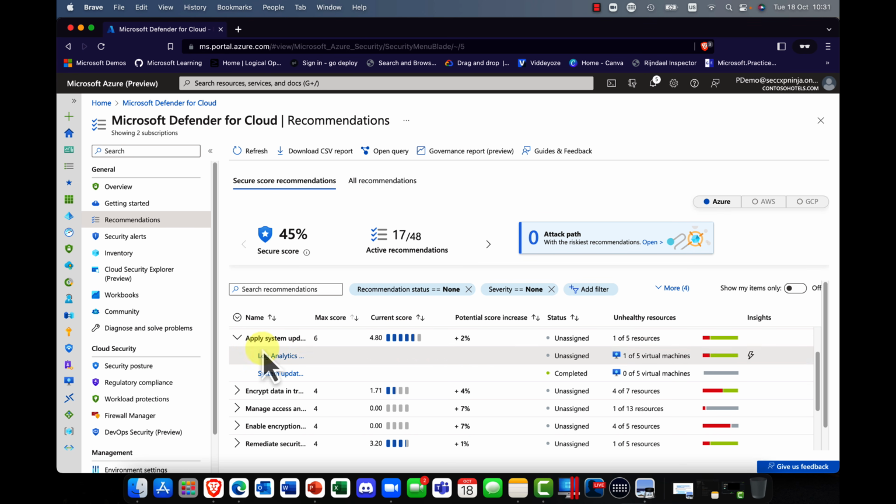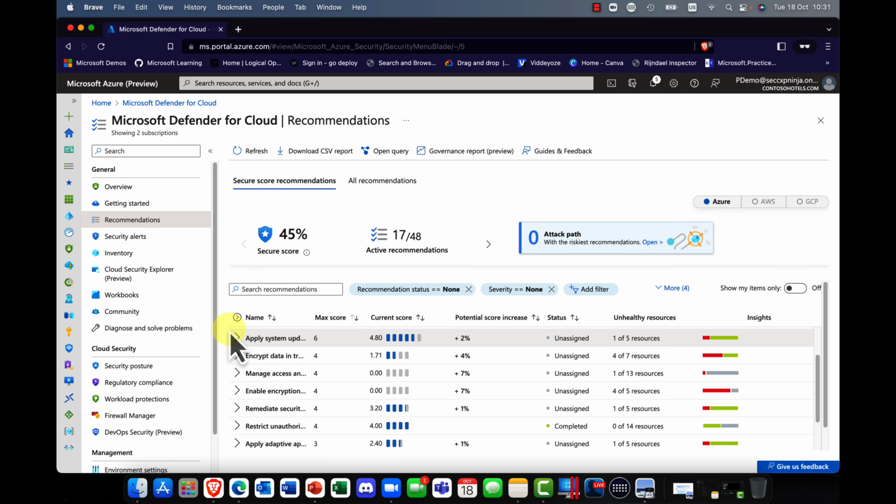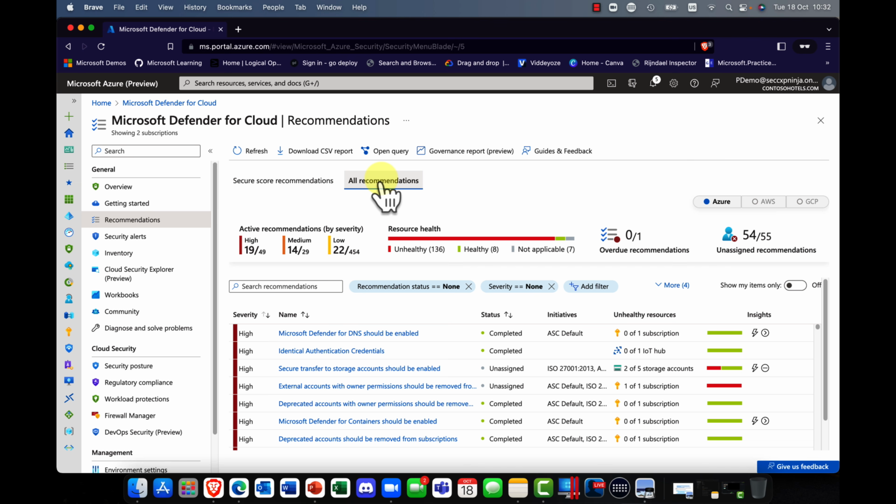Again, it shows me whether the machine is on or off. And again, I can then manage that particular update, and it will of course improve my score. So you can view secure score recommendations, and you can also view all the recommendations, and you can see that